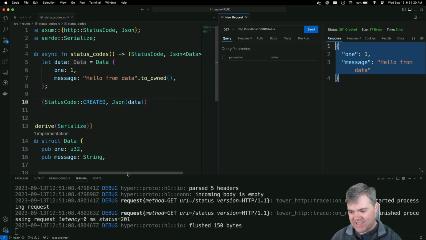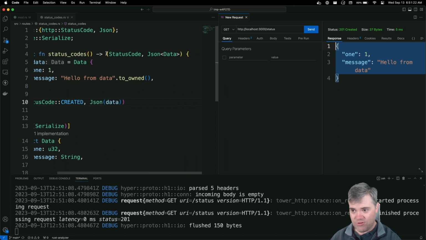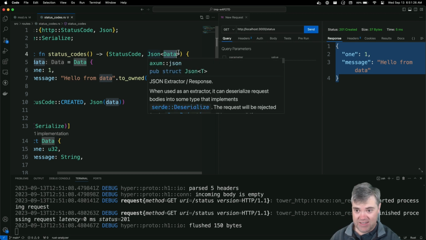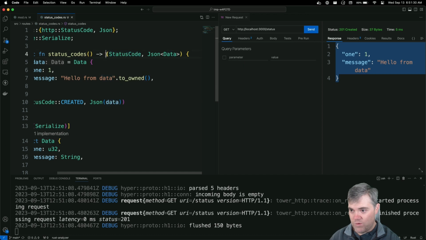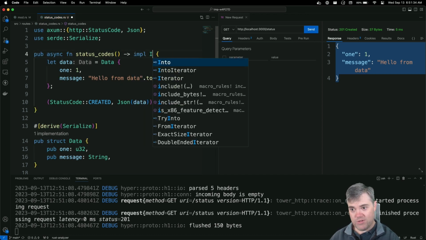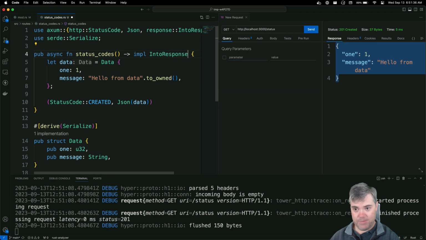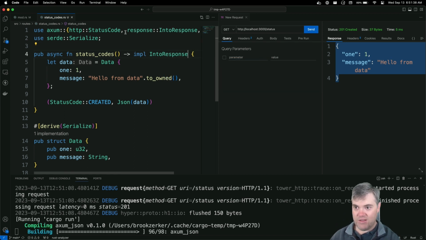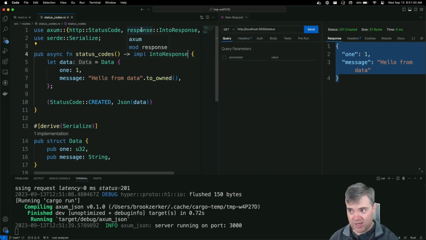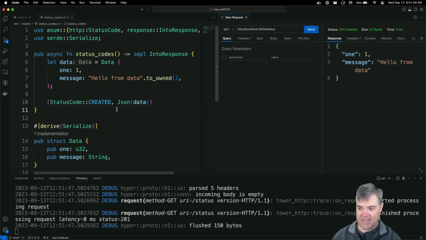But of course, this can be a little bit annoying to have to write out, especially since this data is going to change on us constantly. So if we want just something simple for this, we can change this into an impl IntoResponse. It comes from axum response, IntoResponse. And you notice that as I save this, everything recompiles as expected, and this still runs as expected.